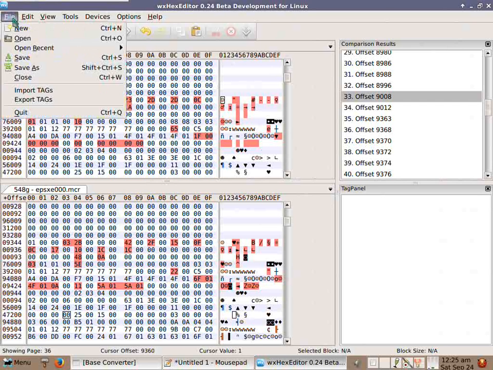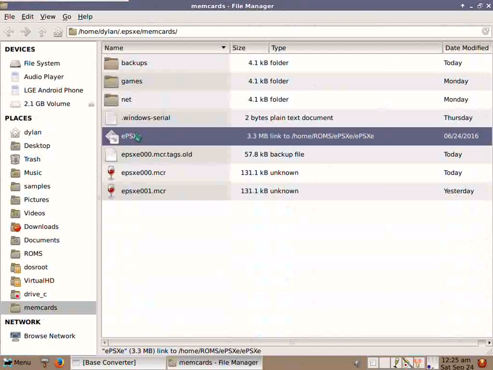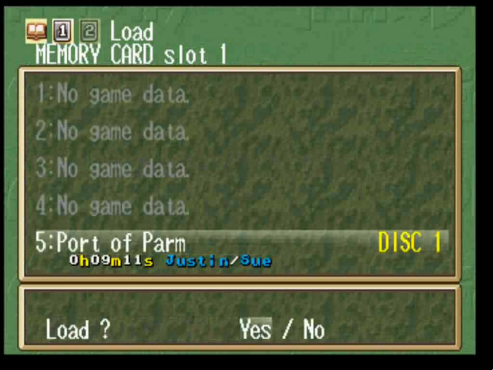So yeah, if we were to file, save, and then close this out, that's not a big deal. Don't need to save that. And then, where'd I put my emulator? We open our emulator, run it. Or wait, there it is. And then we load it. If we did everything all right, then when you open up your menu,